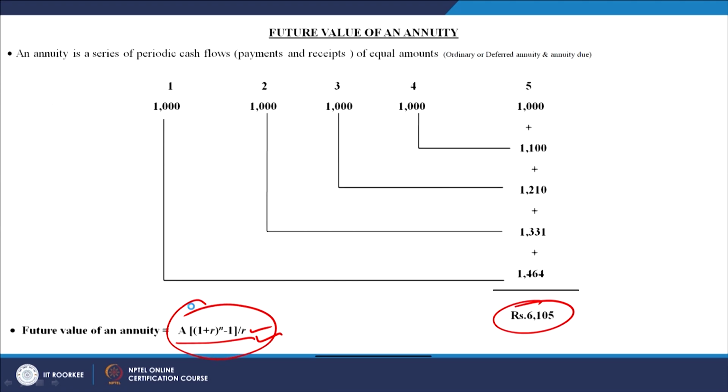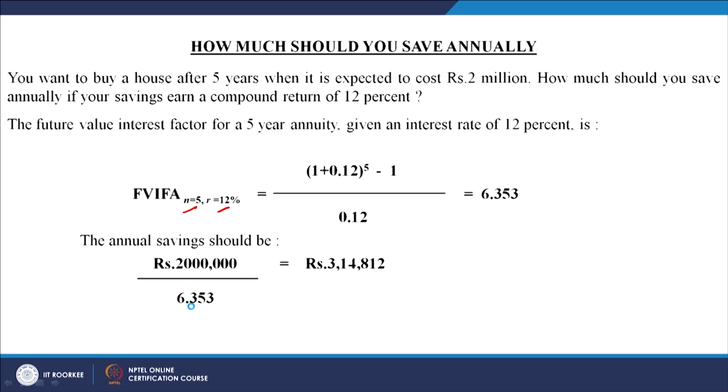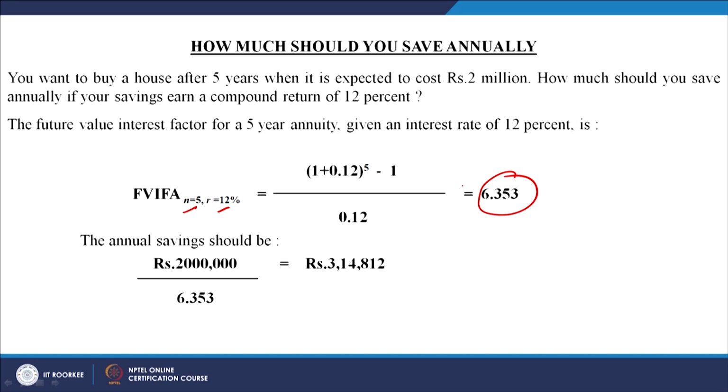So, when you apply this model, you get (1 plus 0.12) power 5 minus 1, divided by 12% rate of interest, and this factor comes up as 6.353. If you go to the future value interest factor for annuity table in any book, you will find this factor already calculated there, for different numbers of years, 1, 2, maybe next 20, 30 years, the factors are given,